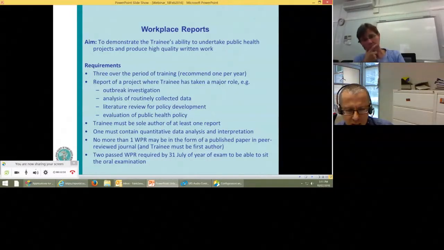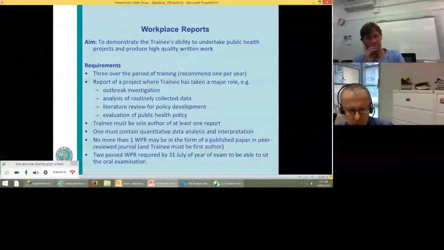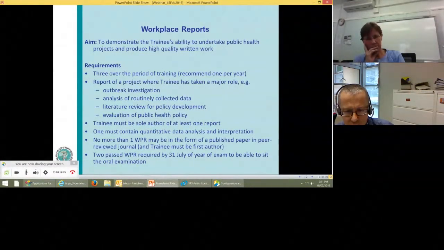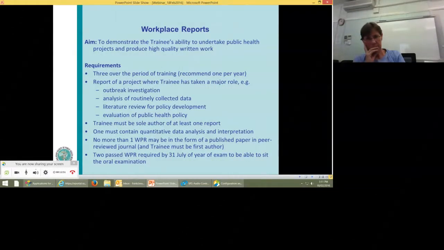A trainee must be the sole author on at least one of those reports, and one must have some quantitative data analysis and interpretation focus, and no more than one of the 3 can be a peer-reviewed publication that the trainee has to be first author on. The principle of that requirement is that published peer-reviewed papers go through a considerable amount of rewriting from co-authors. So the requirement is to assess the writing skills of the trainee,